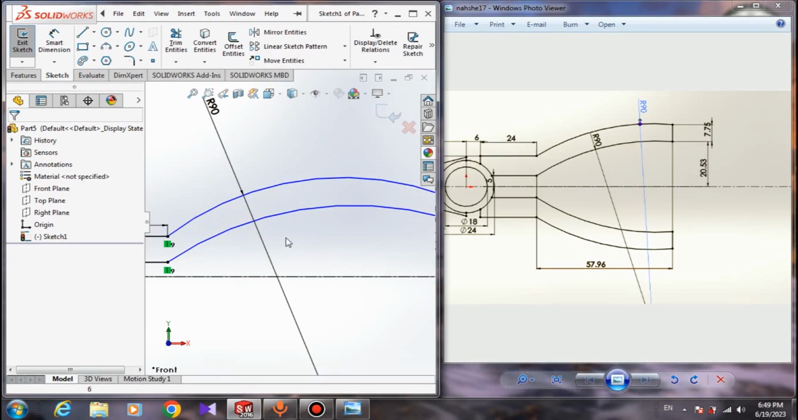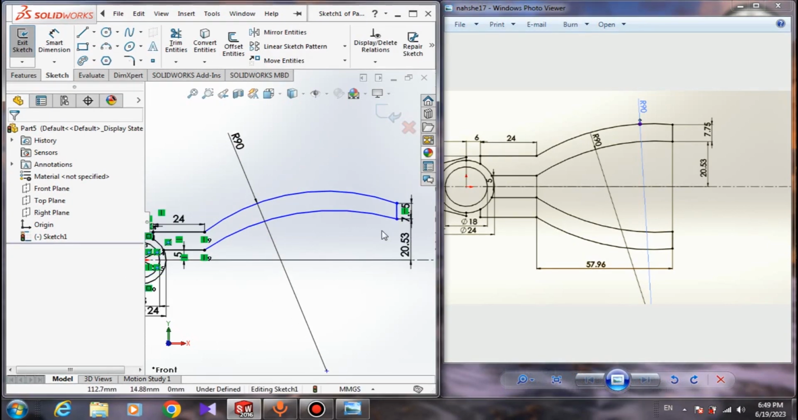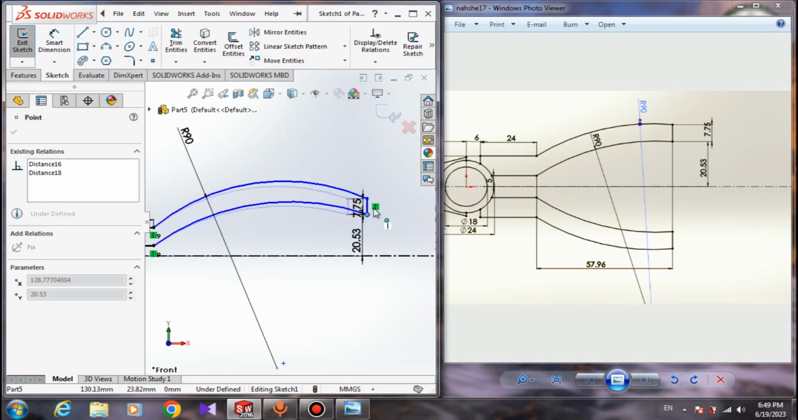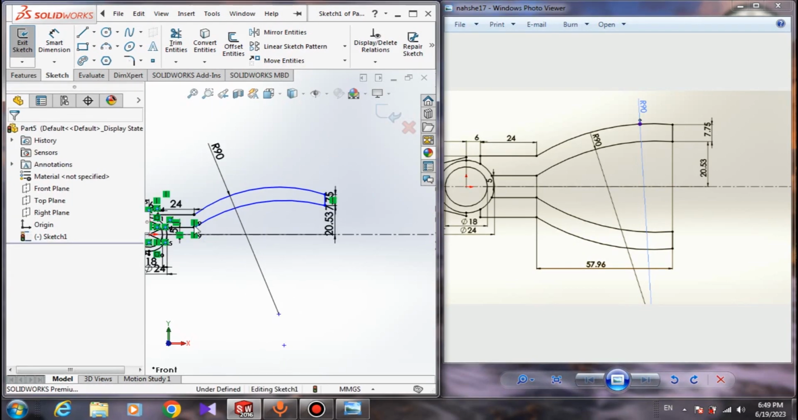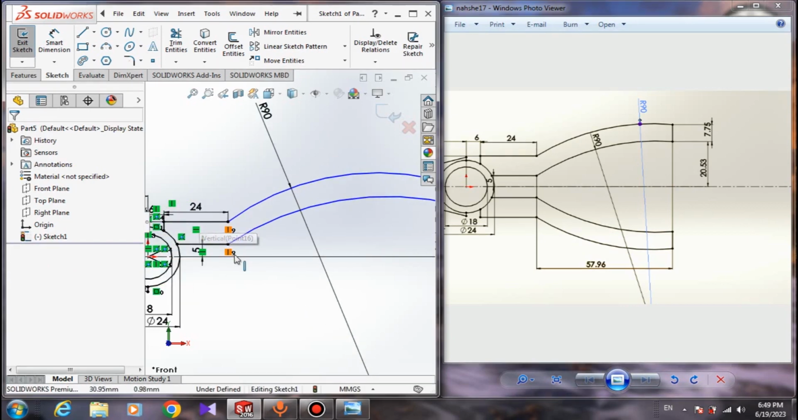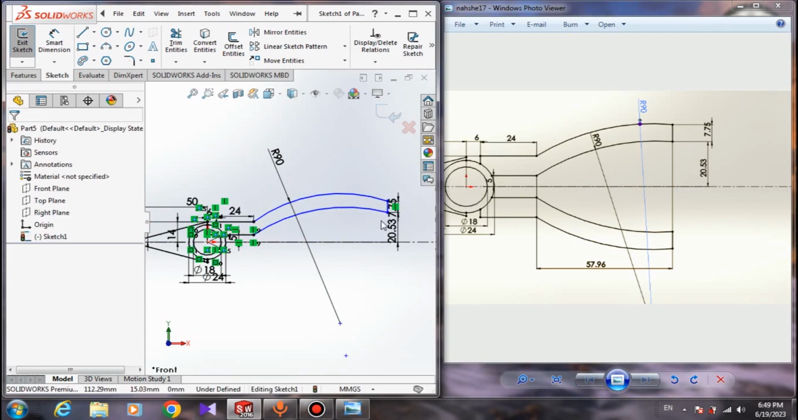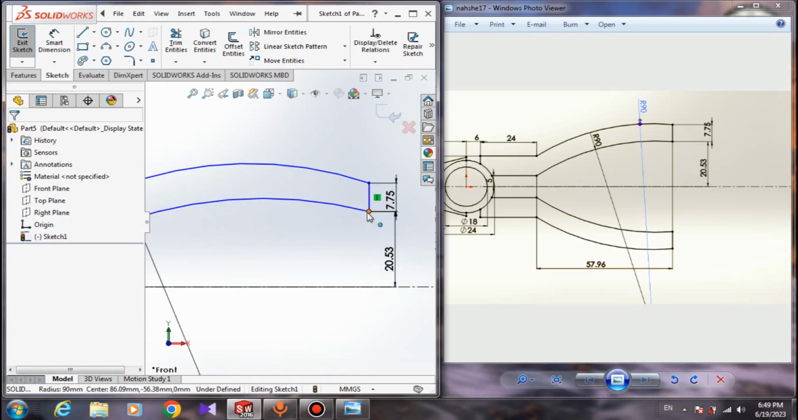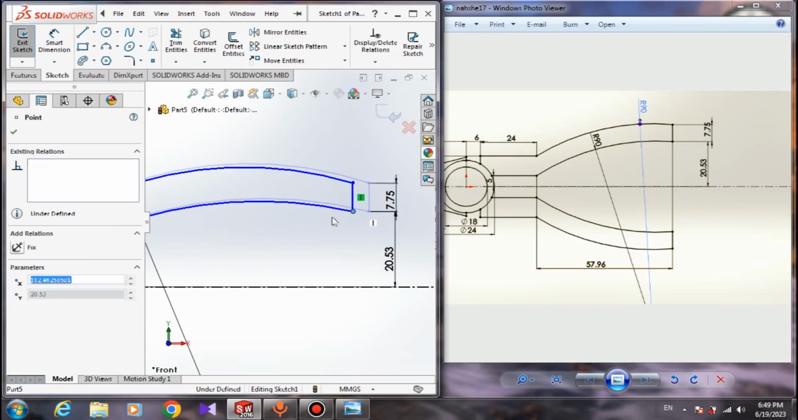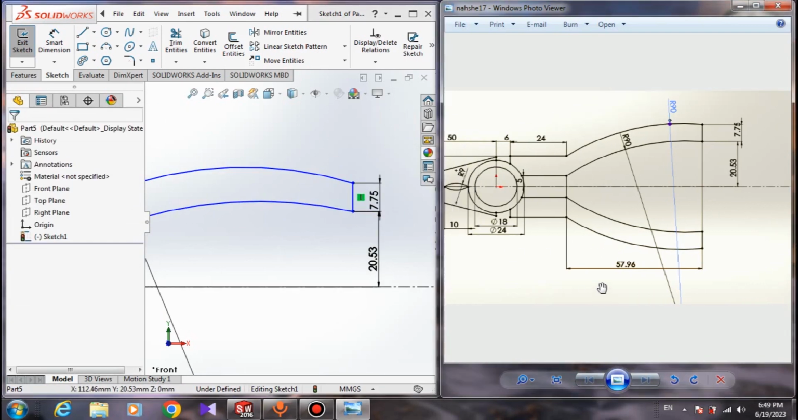If you can't figure out why your sketch is still not fully defined, just move your sketch. You can see it is still moving. Why? Because you haven't given it a relation or a dimension. So let's see what's the problem here. The sketch is not fully defined because it is moving, and we need to give it a dimension. You can see this dimension is